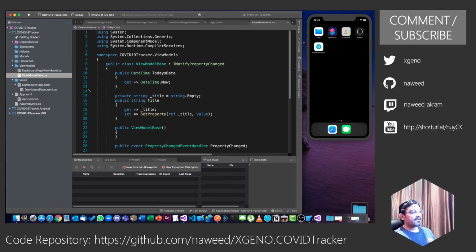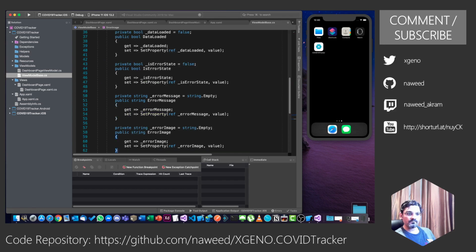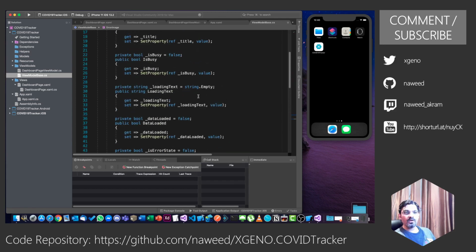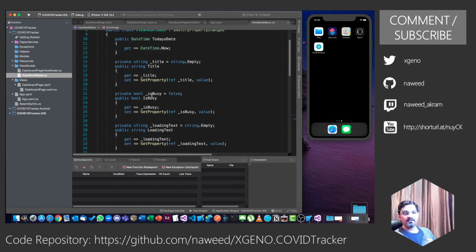Now, other than title, there are also some other common properties which I usually use. I'm just going to copy them over and I'm going to explain to you what these properties are. So one is the title. We have the IsBusy indicator. So this is what we will use whenever we are fetching the data.